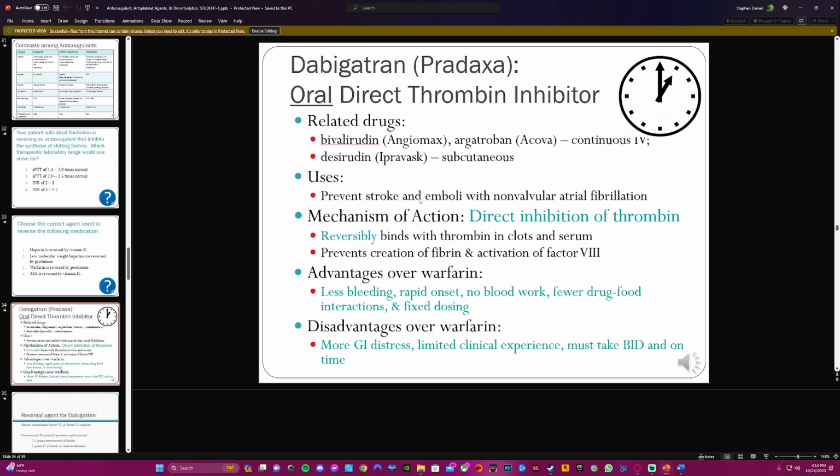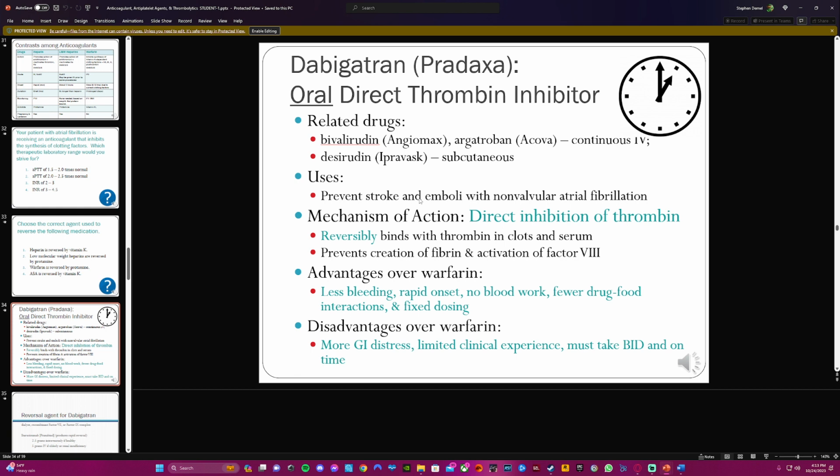Dabigatran or Pradaxa is an oral direct thrombin inhibitor. Related drugs are bivalirudin, argatroban, which is done through a continuous IV, and desirudin, which is done subcutaneous. Uses are they prevent stroke and emboli with non-valvular atrial fibrillation. The mechanism of action is direct inhibition